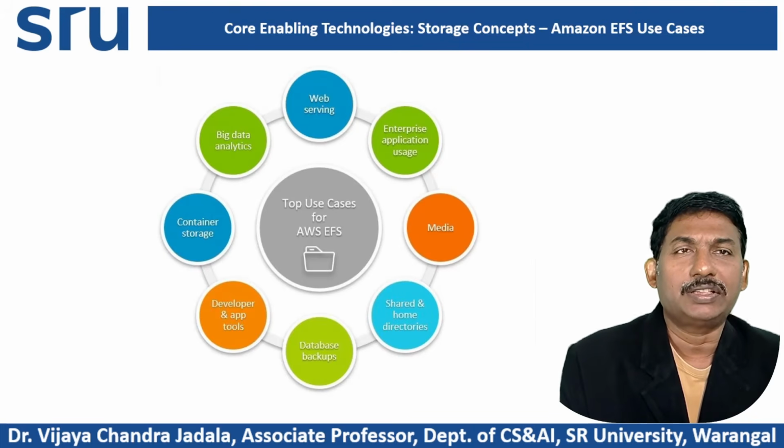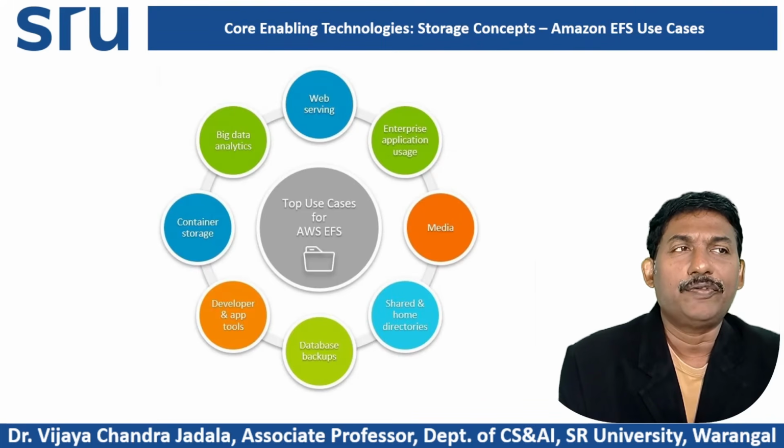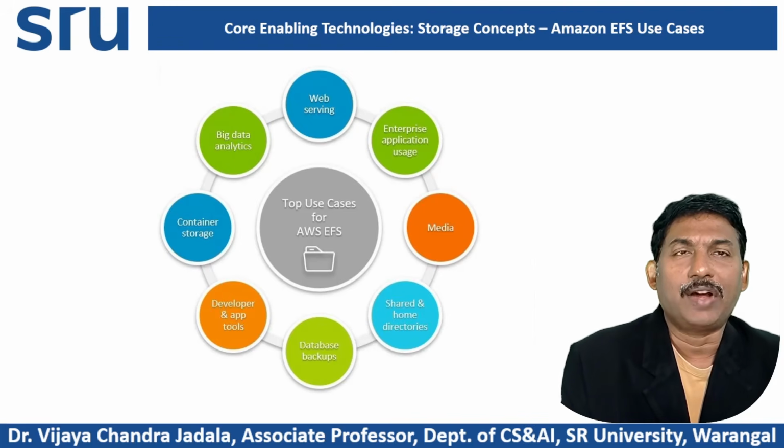The next use case is database backup. Elastic File System provides a high-level database backup and retrieval system. There is little chance of data corruption, but if it occurs, data can be retrieved, and Elastic File System serves as a convenient target for database backup files, snapshots and archives, so you can easily dump the backup from the databases.